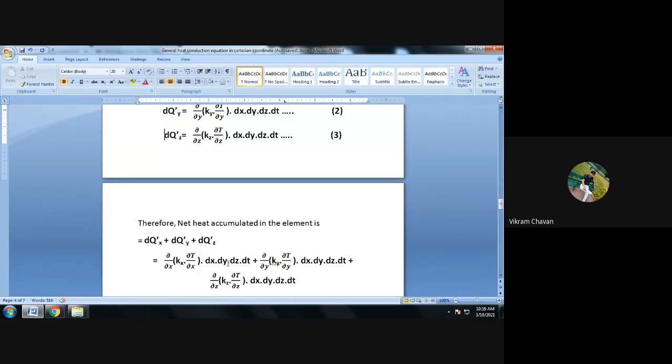Is there any doubt, any question up till now in the derivation? Whether you understood? Please comment in the chat box, or you can unmute. You need to practice, because it is a derivation part and some logical part also. Derivations have some logic and we have to apply the logic.